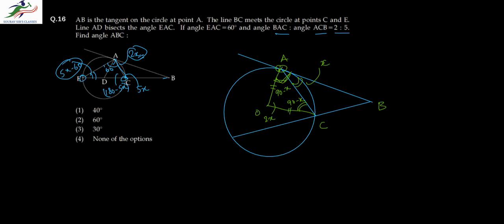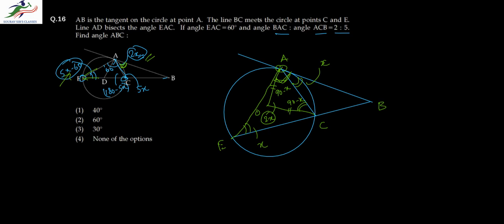And if this is 2x, then we know that the angle subtended by the chord AC on the same side of the circle will be half that of the angle that it subtends at the center. So angle AEC will be half of 2x, which is x. So therefore the angle here, which is angle CAB given as 2x, should be equal to angle AEC or AED,